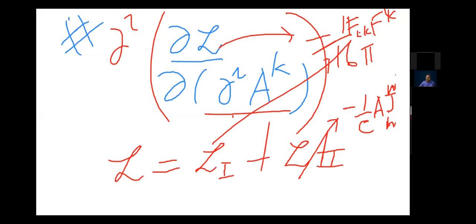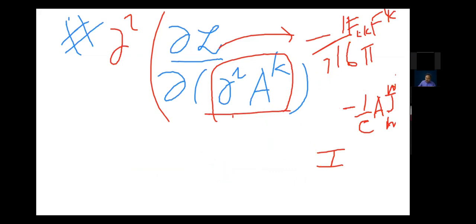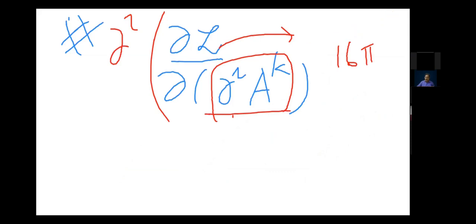Now, this AMJM part does not contain anything like the generalized velocities. Therefore, they are just the coordinates, field coordinates. As I told you, potentials are just the field coordinates. They are not the generalized velocities. Therefore, this term will not contribute while you calculate this. So you can omit all of this and get the contribution out of it. Now there is this factor of minus 1 over 16 pi, and you can forget it for the time being and just calculate what